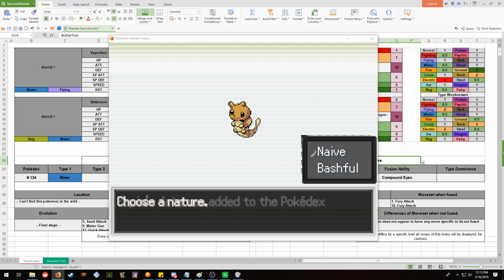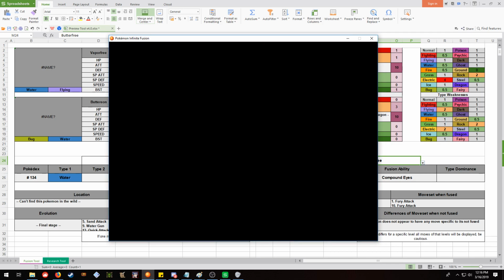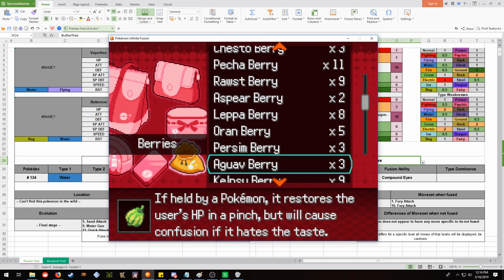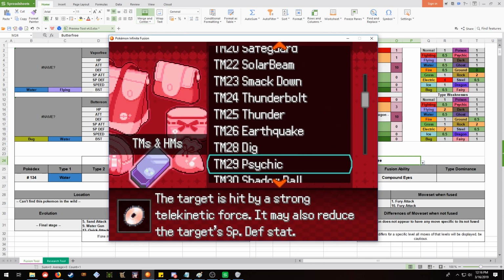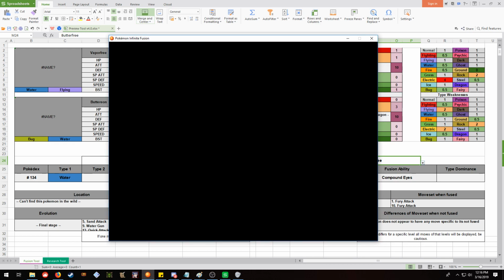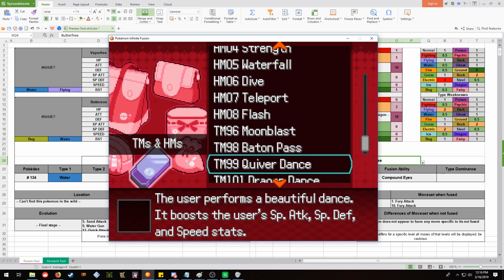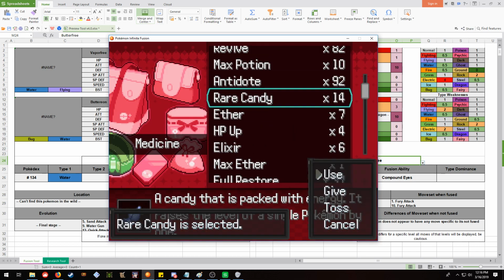You know, I should remember this crap off the top of my head, but I don't. Alright. Naive is increase speed at the cost of special defense. Bashful is whatever. I guess we'll take Naive. Now, can it learn Quiver Dance already? I don't think it can yet. Nah, it needs to be Butterfree first. Well, honestly, we have 1,000,000 trainer points, so...